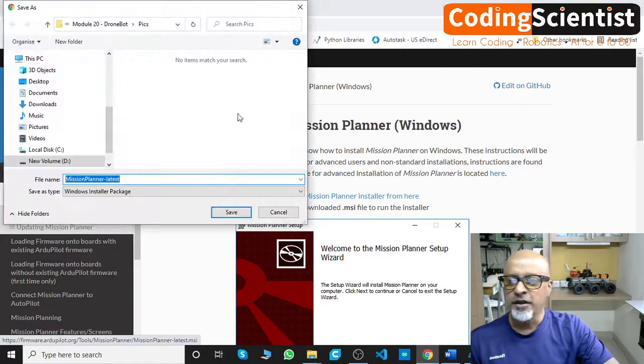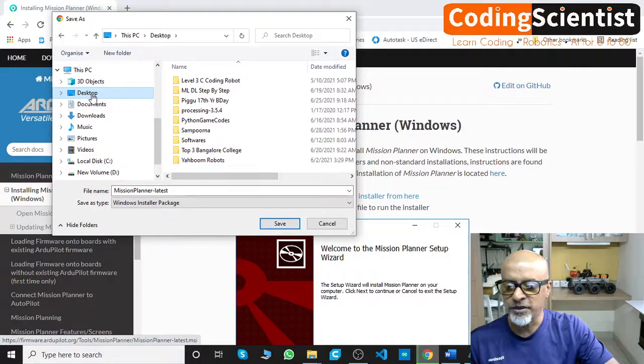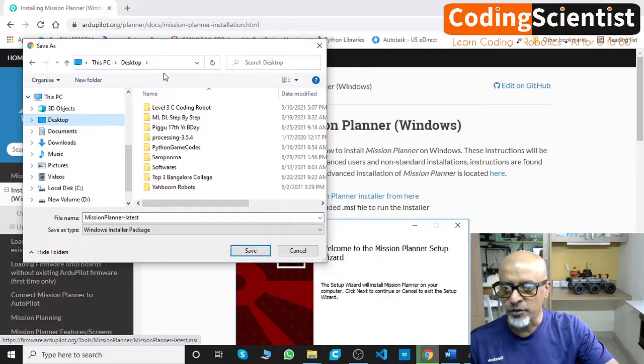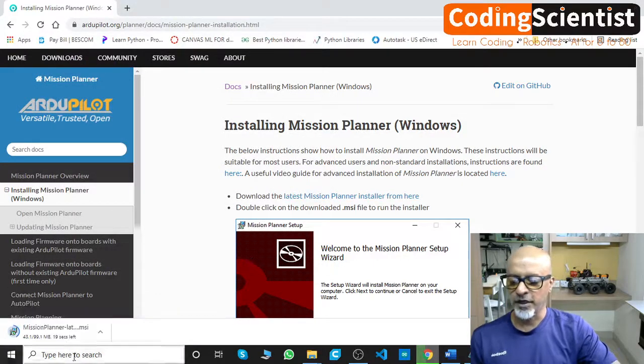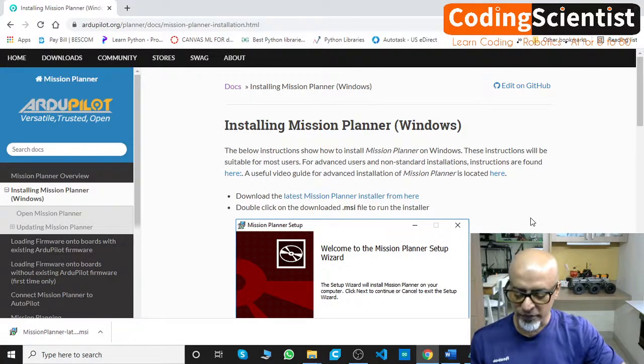I'm going to click, and it's going to open up a window like this. I'm going to save it on my desktop. It's an exe file, so you can save it on a C drive or D drive, but I'm going to save it on the desktop. Okay, then save it. Can you see on the left hand side, it says it's saving. It takes a couple of minutes. Just give me a second. Right, it's downloading. It's almost done. There you go. All right, now it's almost done.